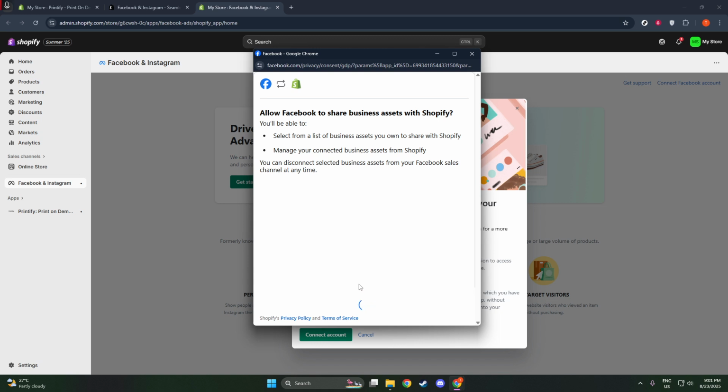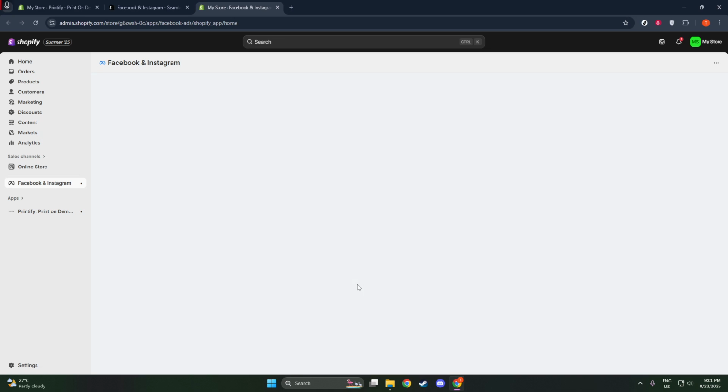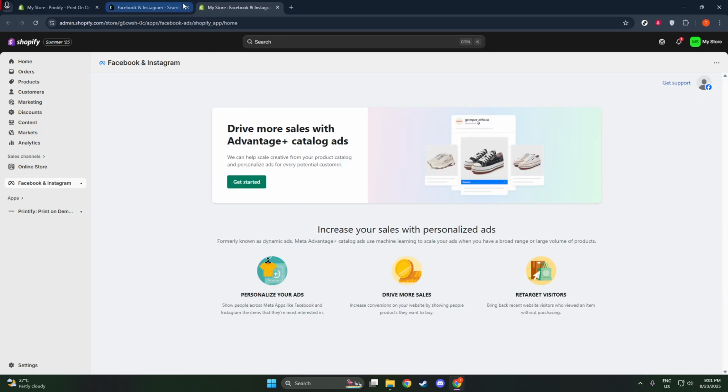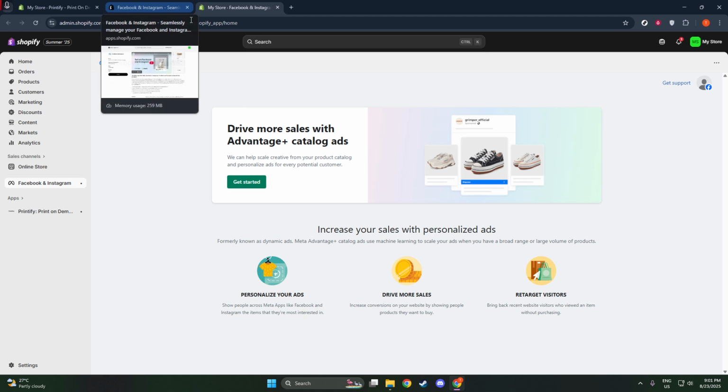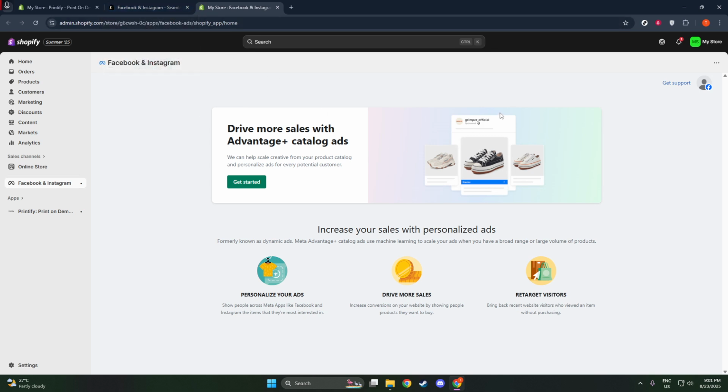And there you have it. With your Shopify store now integrated with Facebook, your products will be available to a wider audience. You'll be able to tap into Facebook's vast network to attract potential buyers while managing communications and sales figures from